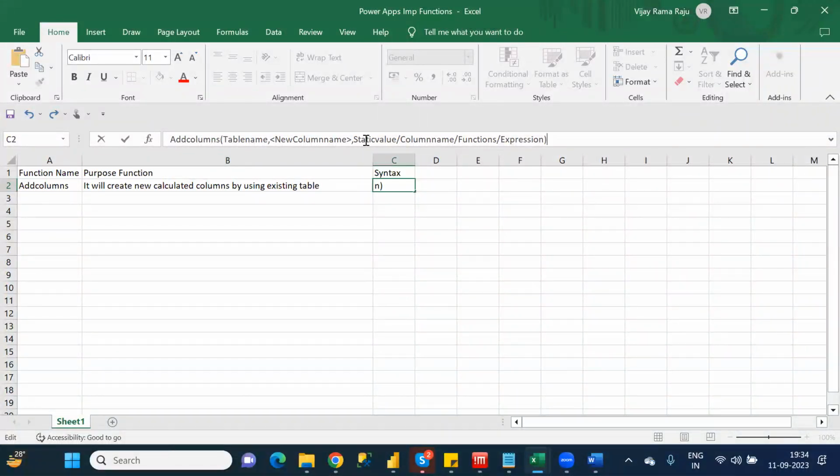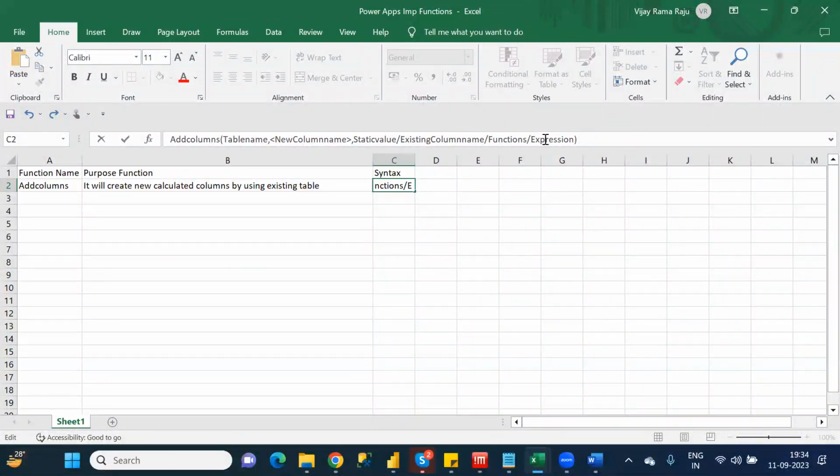If you give the static value for all the rows, that static value will be displayed. If you mention the column name, that means an existing column name. Don't create a new column name. Existing column only you have to use, you have to give the existing column name. And functions also. You can apply a function and generate a calculated column. By your own, if you want to create it by applying functions only, you can create the column,